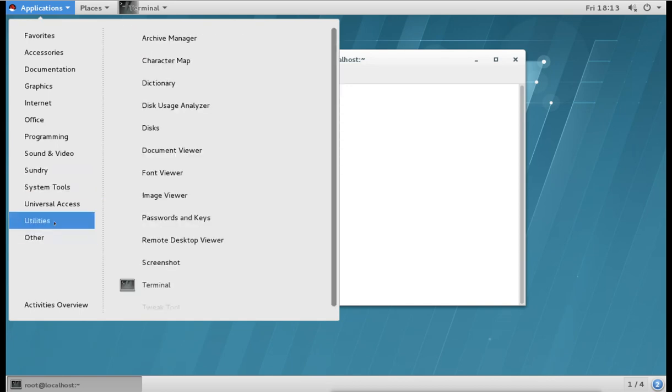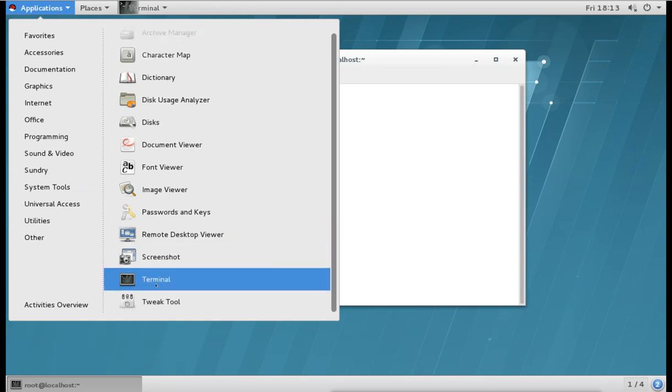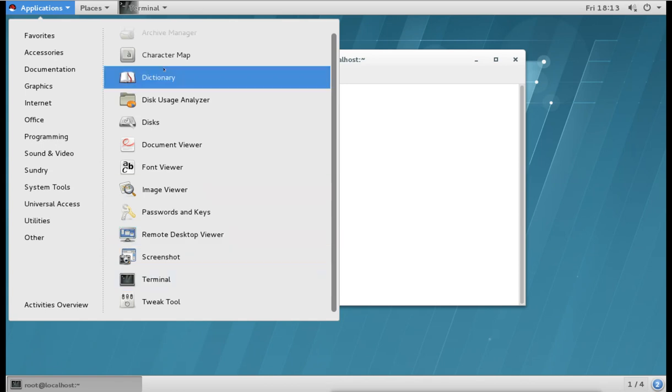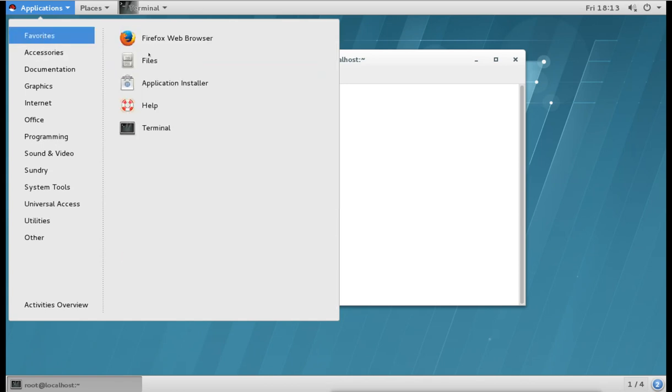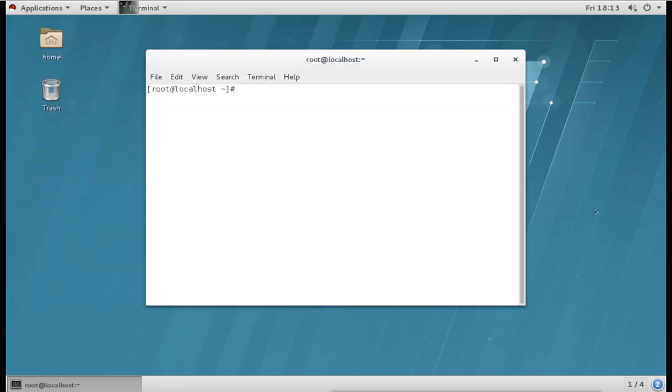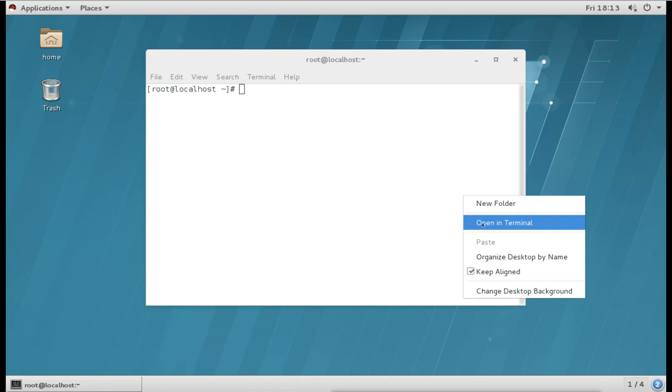This is the actual place of it. Under Utility you have this terminal, but it is directly given under the favorites. Then you can also directly open the terminal by right clicking on the desktop, and then you have an option of Open Terminal.